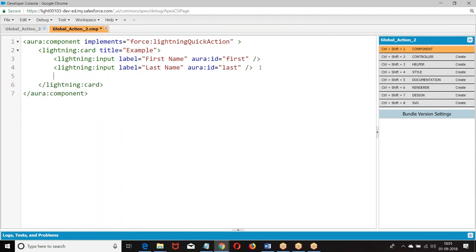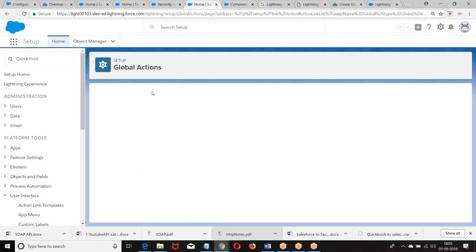First name, last name. So this is how we have created a component. Now go back. How do you create this?